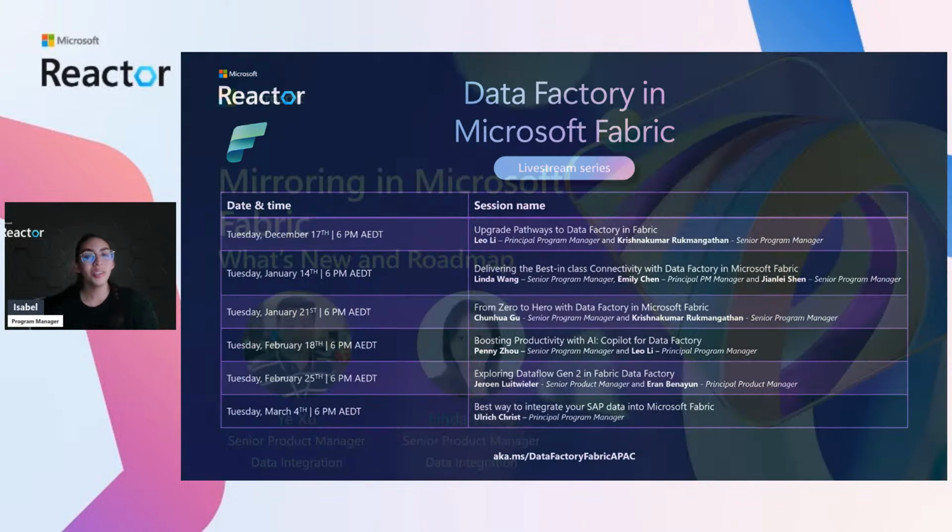Thanks, Yeshu, for the overview. Next in this session, we want to talk more about database mirroring. Before we start talking about mirroring, let's share more about OneLake. You always hear OneLake in the context of Microsoft Fabric. OneLake is all about a single unified logical data lake for your whole organization. You can imagine it as the OneDrive of your data, to store all the data for your organization.